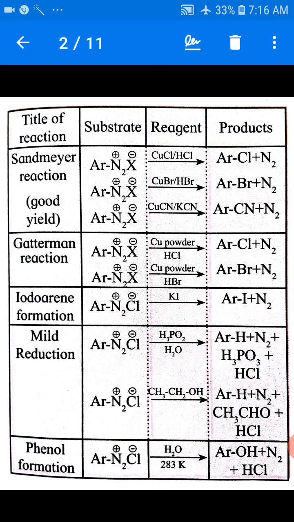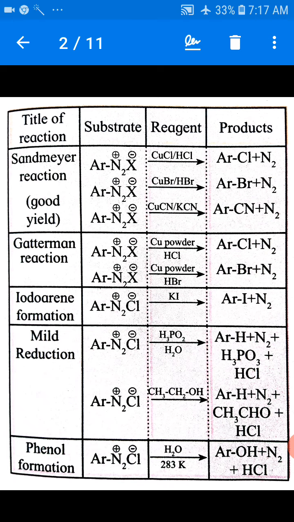Gattermann reaction. In this reaction, aryl diazonium salt reacts with copper powder with HCl, giving aryl chloride plus removal of N2 gas, and again this reacts with copper powder in presence of HBr. Then there is the formation of aryl bromide plus N2 gas. Third one is iodoarene formation. Here aryl diazonium chloride when reacted with potassium iodide forms aryl iodide plus removal of N2